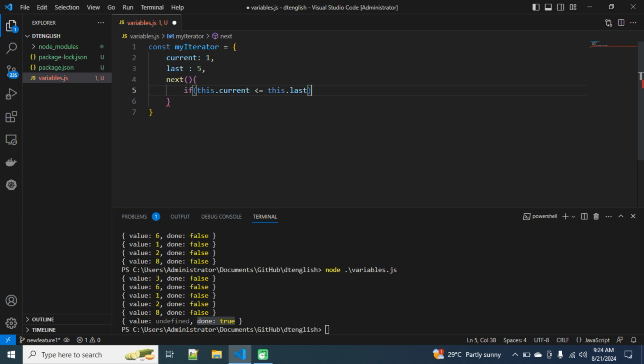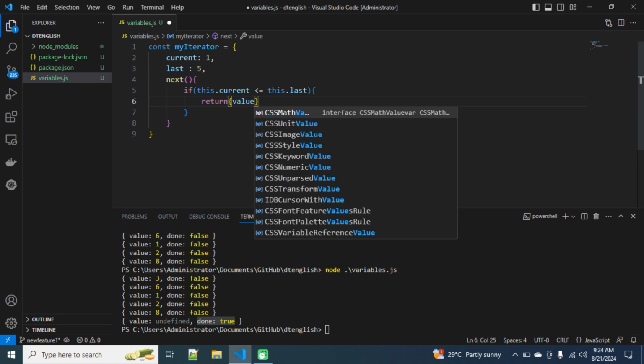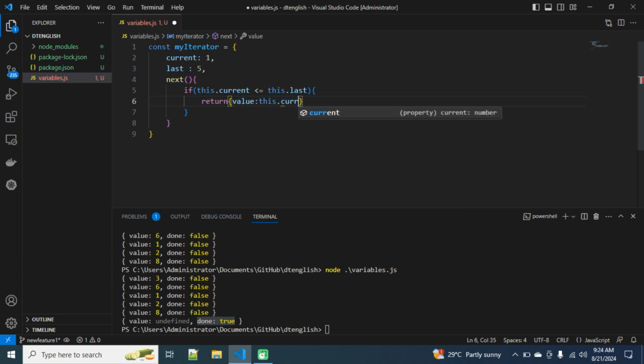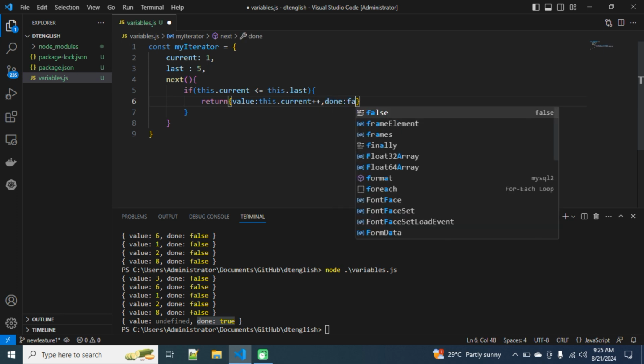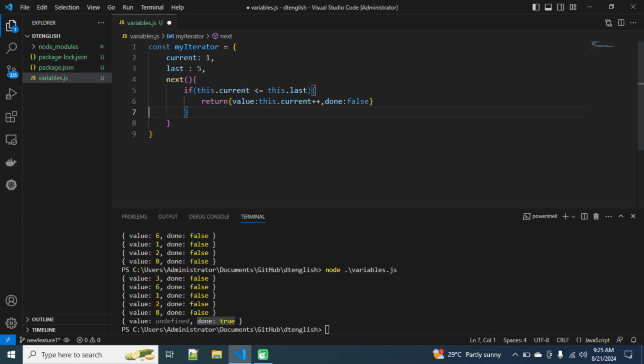If this.current is less than this.last, in that case we are going to return value: this.current++, done: false, else return